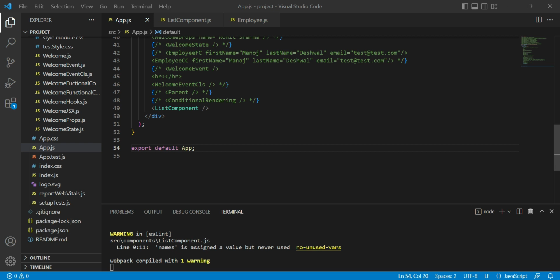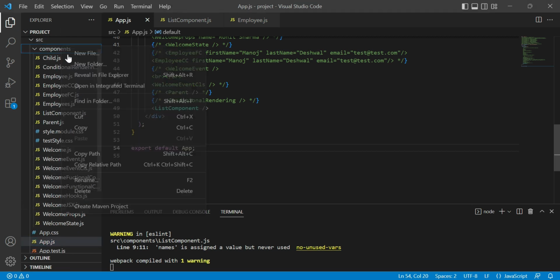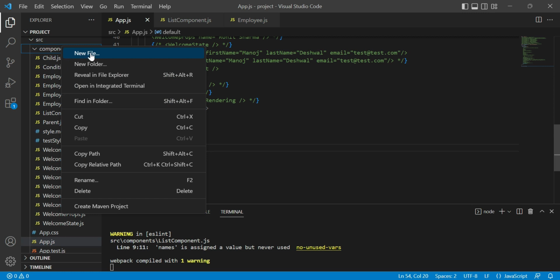So in this video we will learn the basics of form handling in React.js. Also we will take a look at how to work with forms in React. Alright, and for this particular video we will use a controlled component example, because all the elements we will use will be controlled by React. Alright, so let's create a file in the components folder,